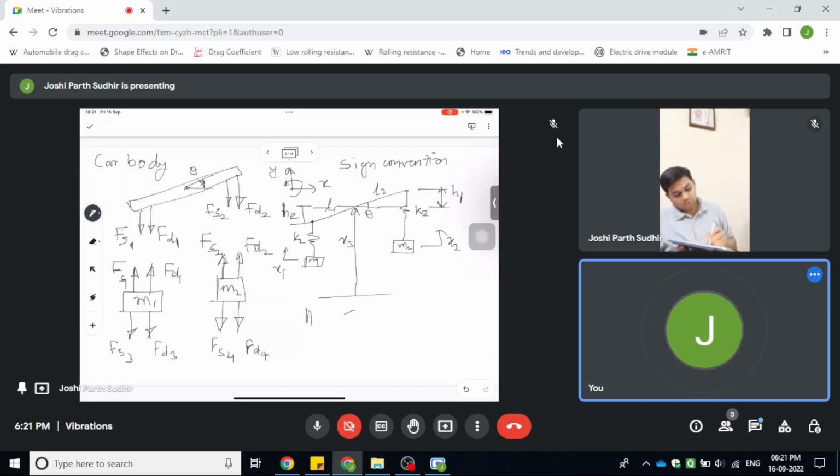So h1 is basically L2 sin theta, and h2 is equal to L1 sin theta. And assuming theta is very small,